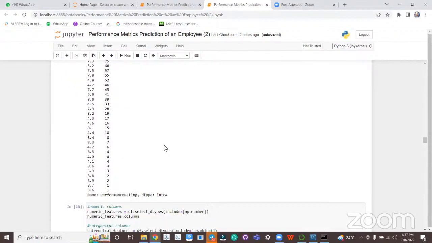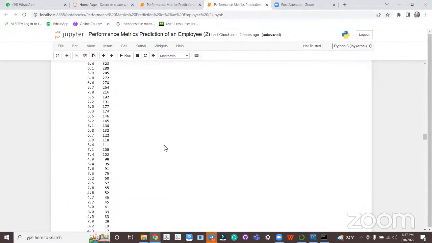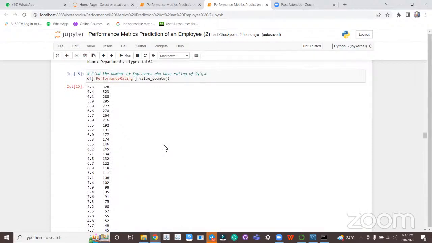The majority of the employees have a performance rating of 6.3 on a scale of 10. We also see 7.8. That's the maximum rating that we can see here in our performance. 7.8 is the highest, and we had very few people getting those values.